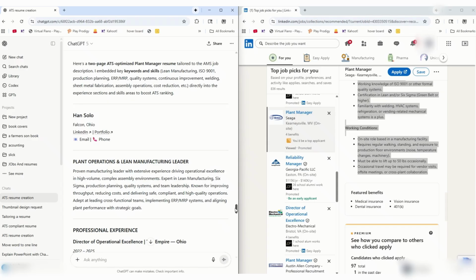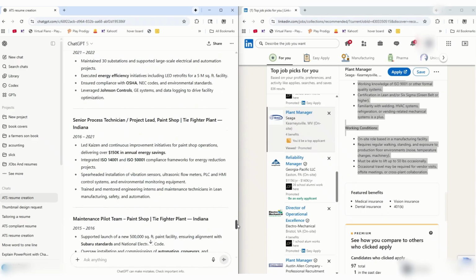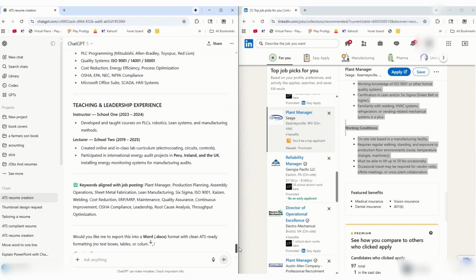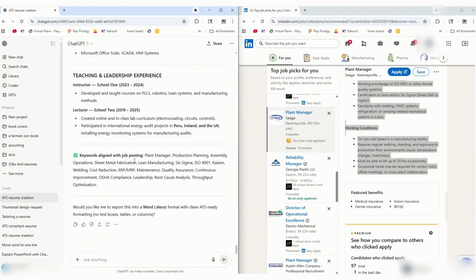Now as it's building this resume, at the very end of it, it should give you a little bit of a background into it. So keywords that align with the job posting, it added those in. And that's something, I'm not looking for a job that I can't do. I'm looking at a job I can do. I just want to make sure I'm using the right keywords, the format set up the way they need it,